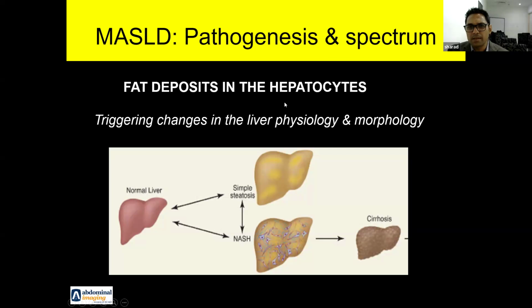Fatty liver disease is nothing but fat getting deposited within a hepatocyte. So you have a normal liver which becomes simple steatosis, or then there is a second stage where inflammation sets in the liver. So typically in a biopsy you see neutrophils, and this is called MASH, steatohepatitis, and then that progresses to cirrhosis, and then once you have cirrhosis you have a higher incidence of HCC.